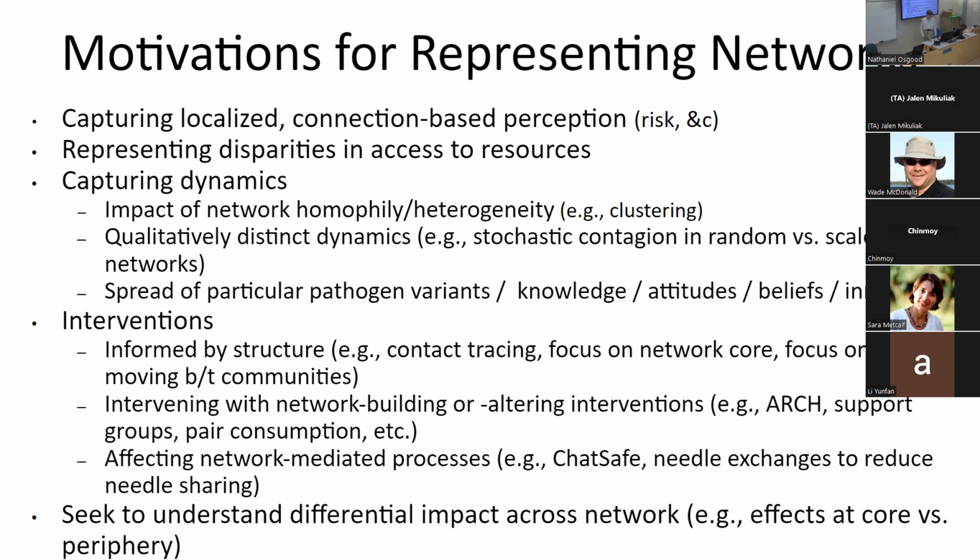And as you can see, there's many of them here that you'll find prominent within the literature. Motivations for capturing network structures as ways of capturing localized perception, as ways, for example, those in my family might exert disproportionate impact on my caregiving or testing or vaccination decisions. The experience of my family and health area might shape my own behaviors and risk tolerance. Representing disparities in access to resources, capturing dynamics, the fact that, say, people with low vaccination, people who have greater resistance to vaccination may cluster together within networks, be linked up to one another socially or in family networks or in communities,